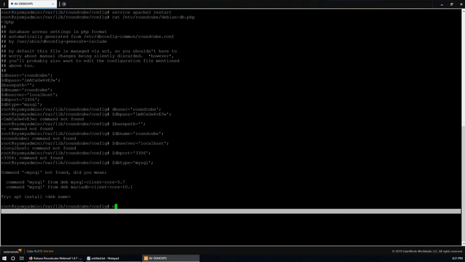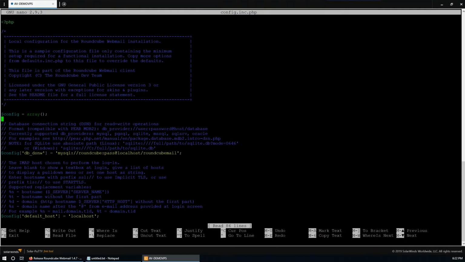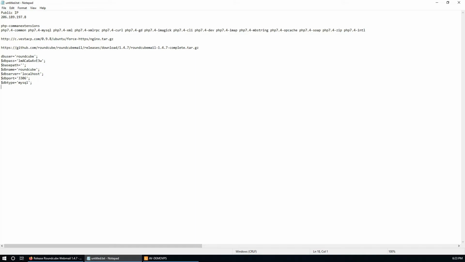So nano config.inc.php, in this file. So here in this line, user, password @server name and roundcubemail. Okay, so this should be db username, db pass, db server, and db name. So what is our, it is db user roundcube, that's fine.